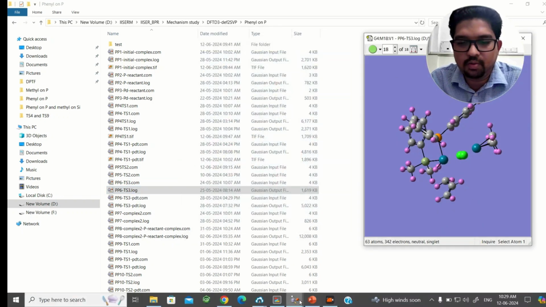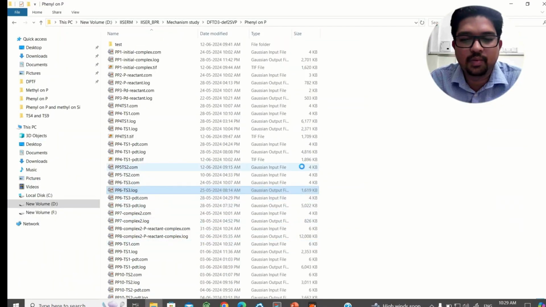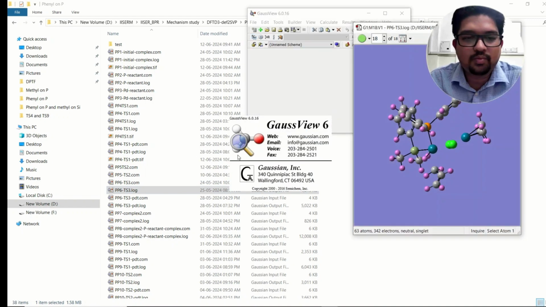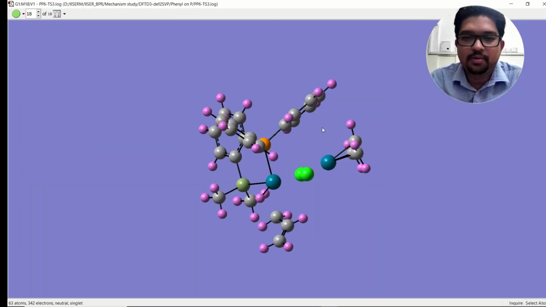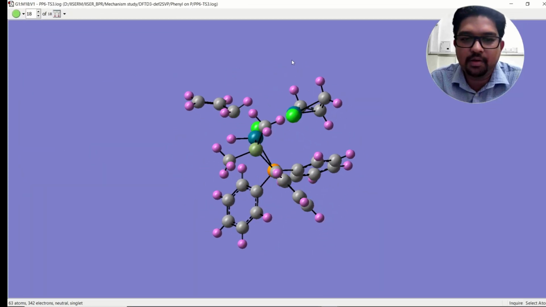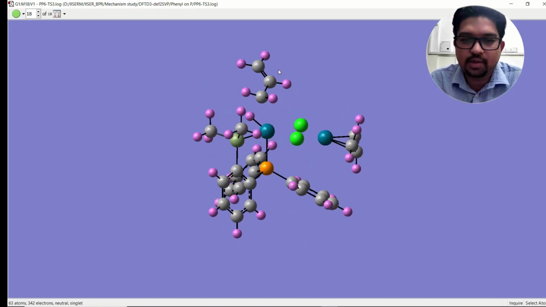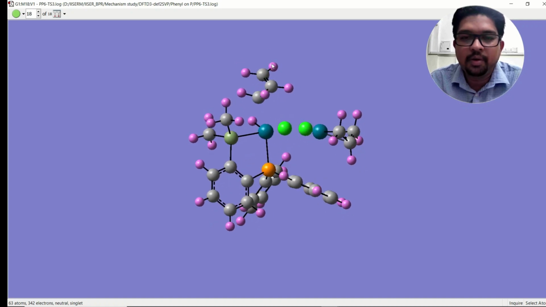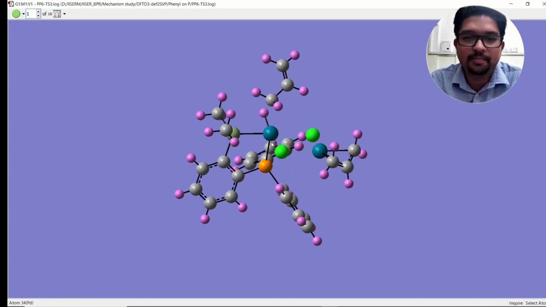First, I will close all of the windows that are open here. Fine. So as you can see, this is a transition state. What is happening here is, in this transition state, this allyl group is combined with this metal and this silicon here. In the early, if you see the initial structure,